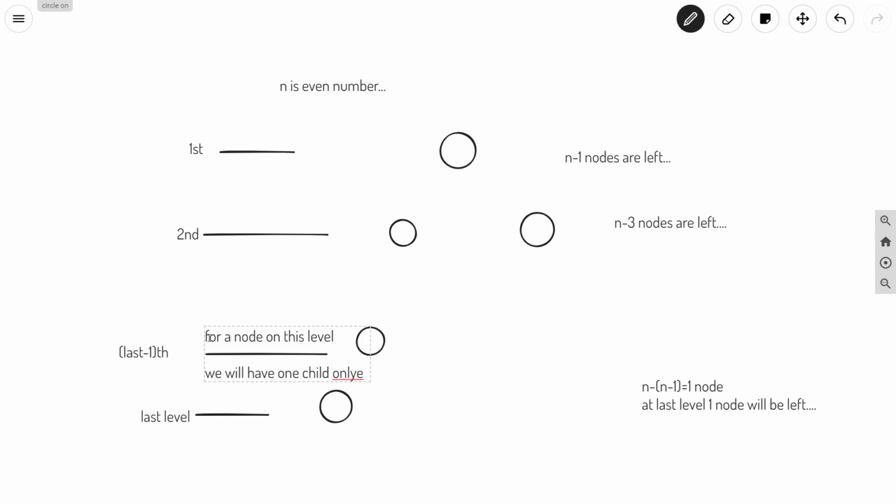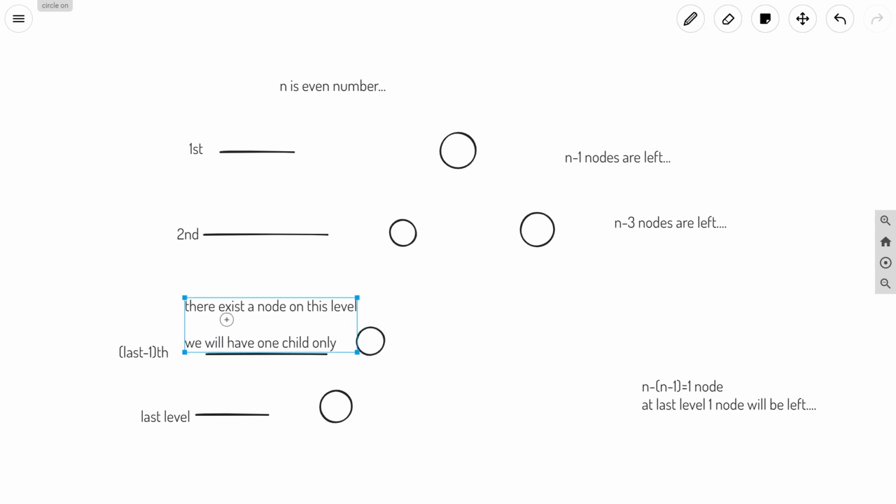Or I can write: there exists a node on the last minus 1th level which will have only one child.